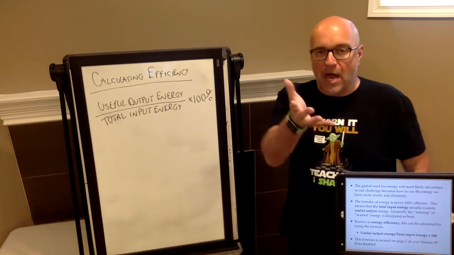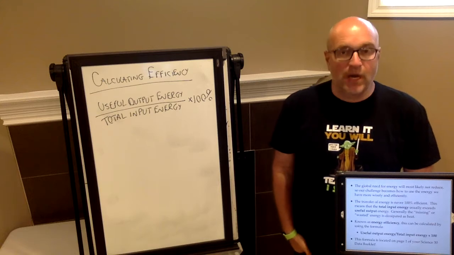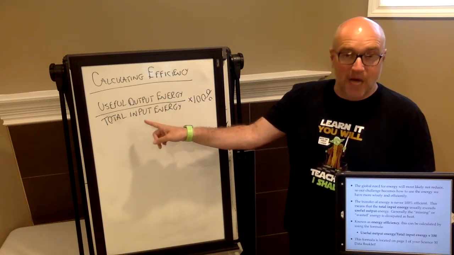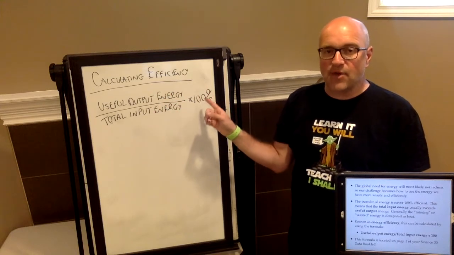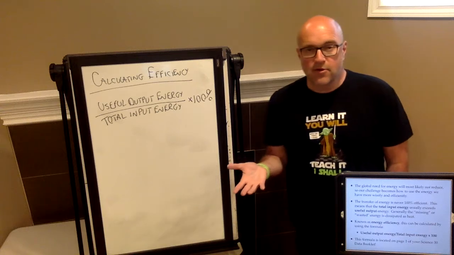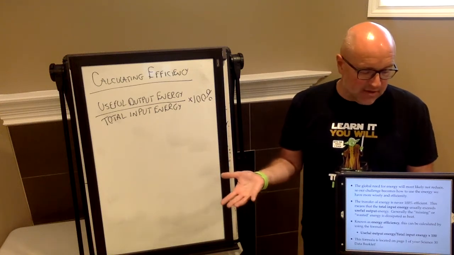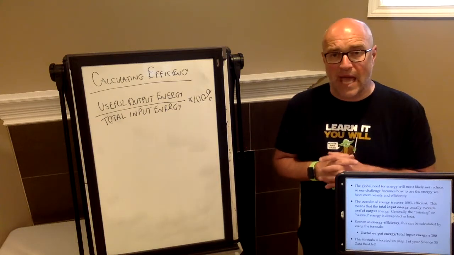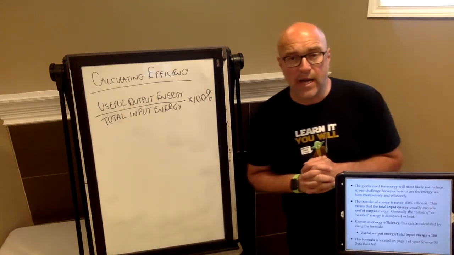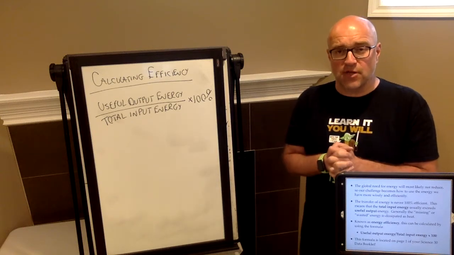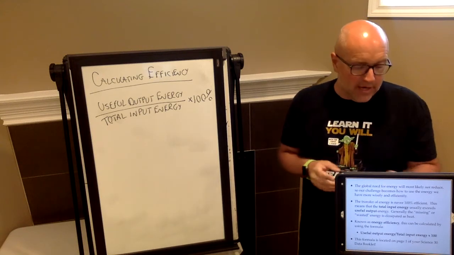For that battery operated vehicle, it would be 20 divided by 100. Your output energy is 20 joules. The input energy would be 100 joules. 20 divided by 100 times 100 is going to give me 20%. So that's the calculation of efficiency. Pretty straightforward. And this formula is right at the very beginning of your data booklet, on the top of page 1. This is one of the mathematical sections of this unit: how to calculate efficiency.